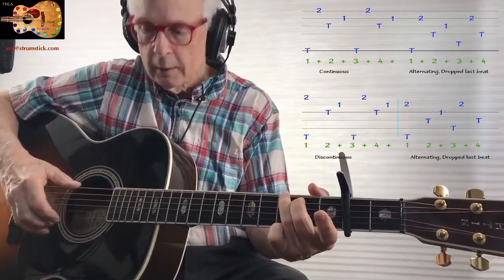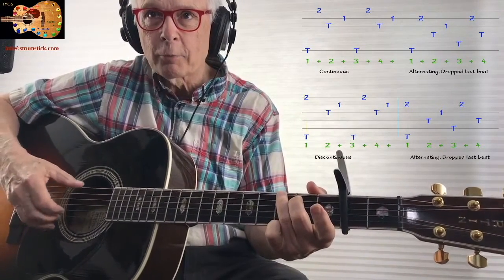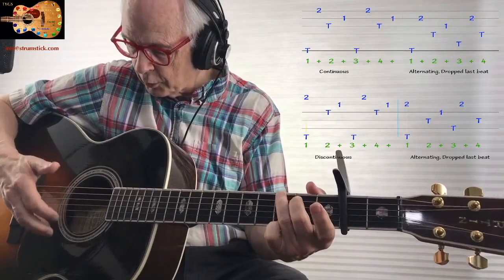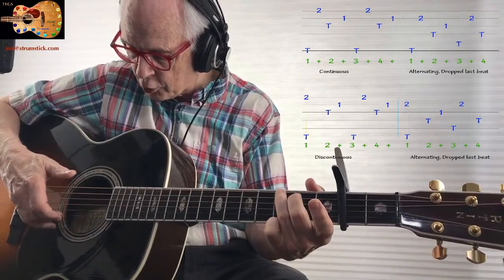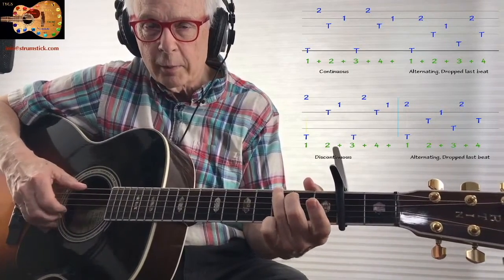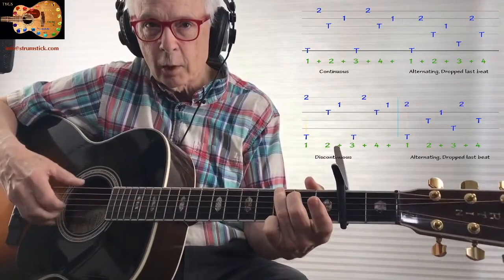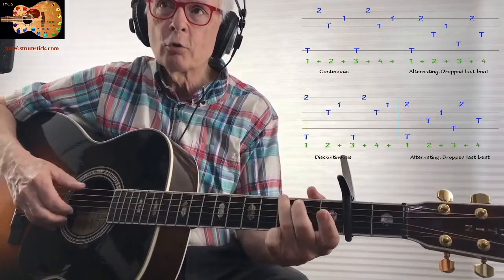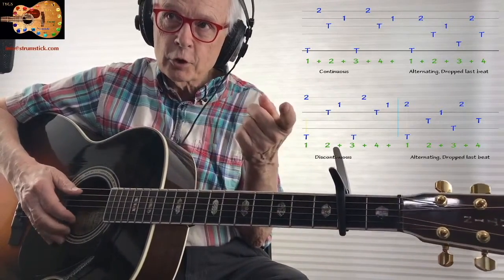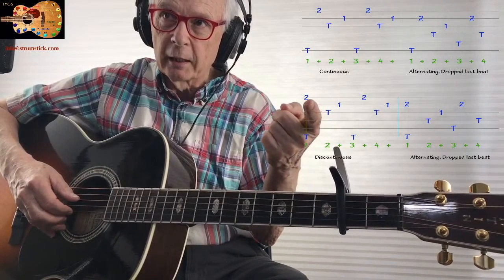So now to do the pinch, you may have to hop this finger up just a little as you do it, because with this finger planted, it's a little bit of a stretch getting that finger and the thumb going at the same time. So you may see me do a little hop there sometimes when I do that pinch. So that pinch is 2 notes on the 1 beat, and then we have nothing on the and, which is partly because we've just used up the second finger that we would have used on the and